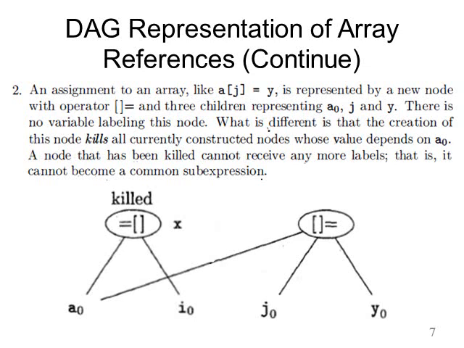Now the next rule is that suppose there is an assignment statement, the next assignment statement, a[j] equals y. So this kind of representation, if you want to create a DAG with the three children a, j and y, then it will kill the earlier DAG construction node. Now here you identify one more thing, that this node is not labeled with any other variable, as the array itself is being assigned some value of y. But what is the reason behind that it kills?